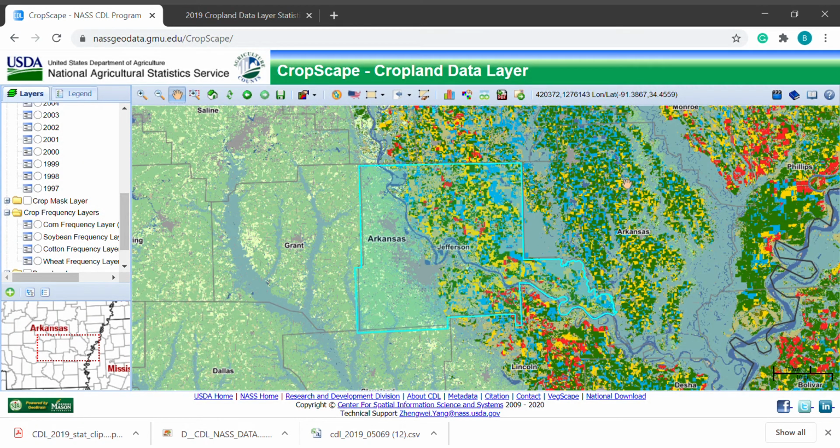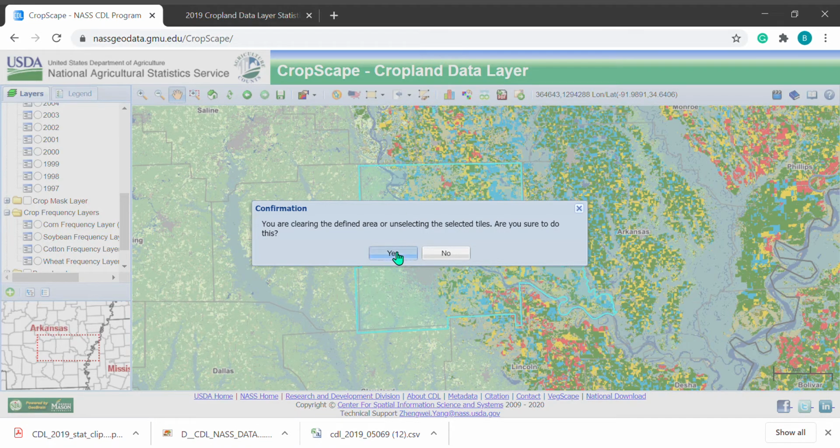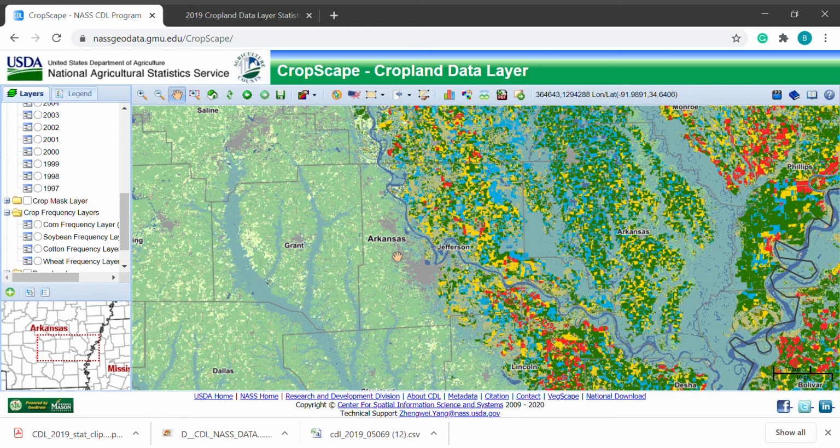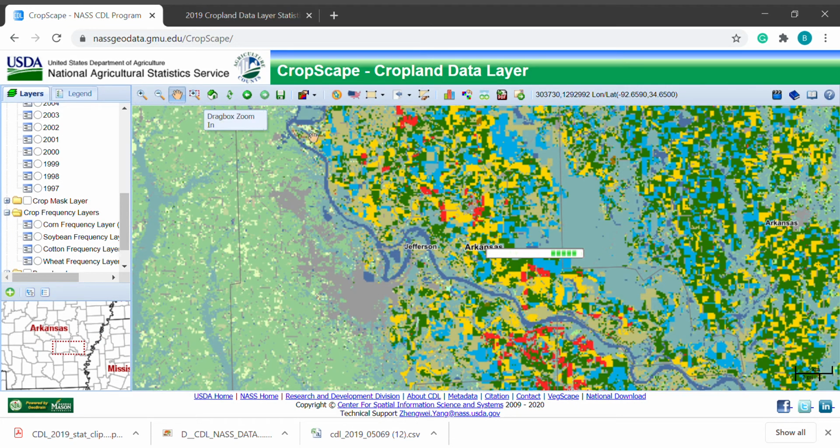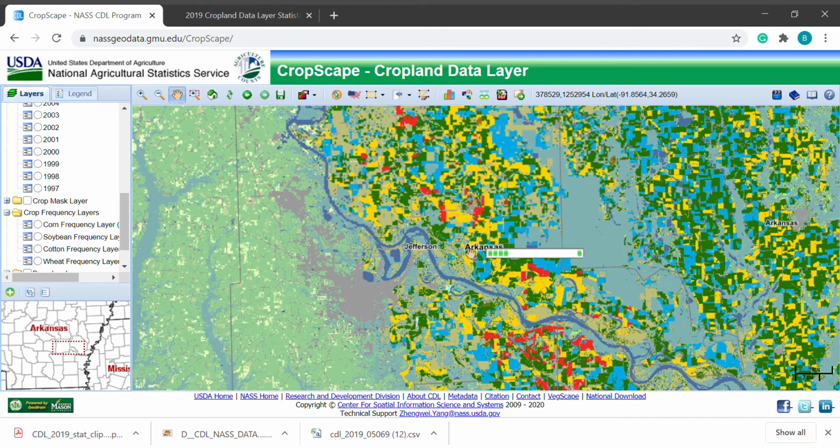Okay, that's all about our area of interest. It was pretty big, so it was a little bit difficult to see the information here. If you want to zoom in, you can click here to zoom in to see the information a little bit closer and in clear format. At first we have to clear our area of interest, so we need to click here and click yes. Now you can click here to zoom in. It will give us the closer format of the USDA data.